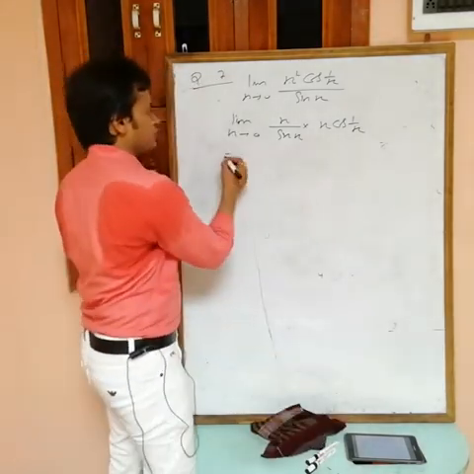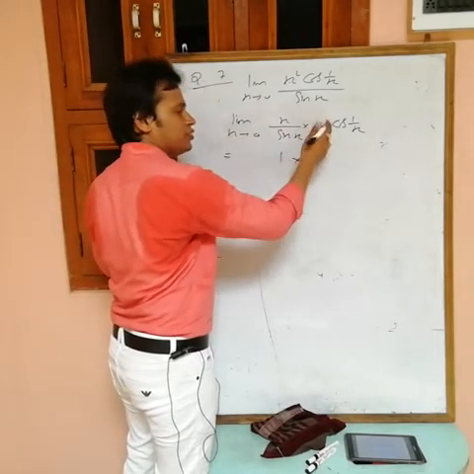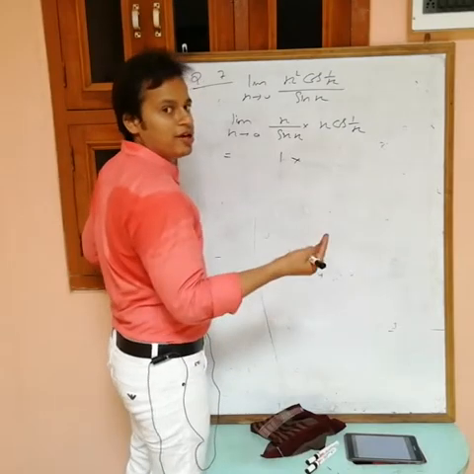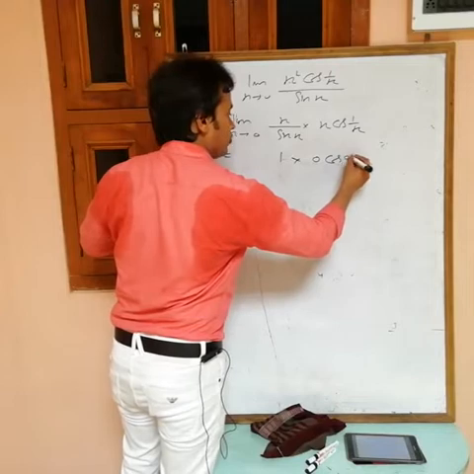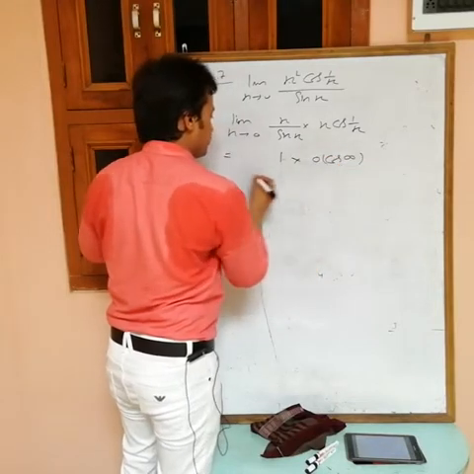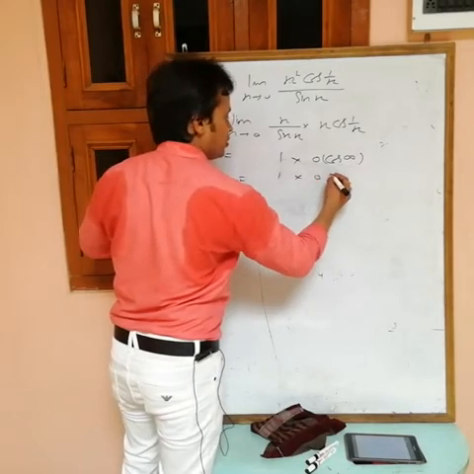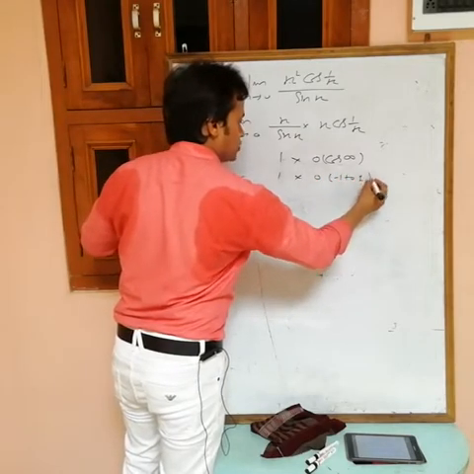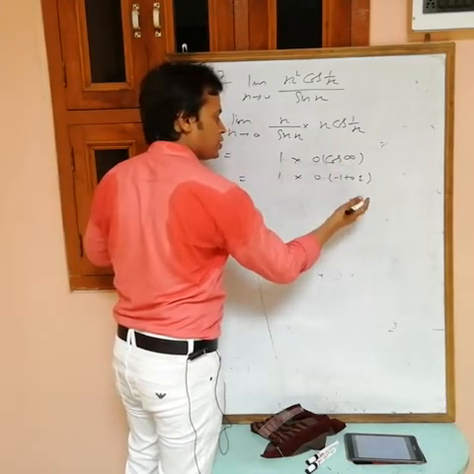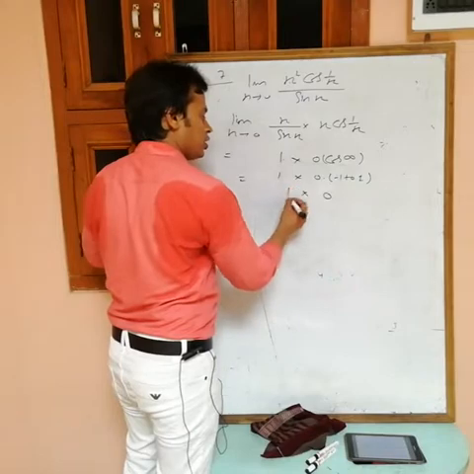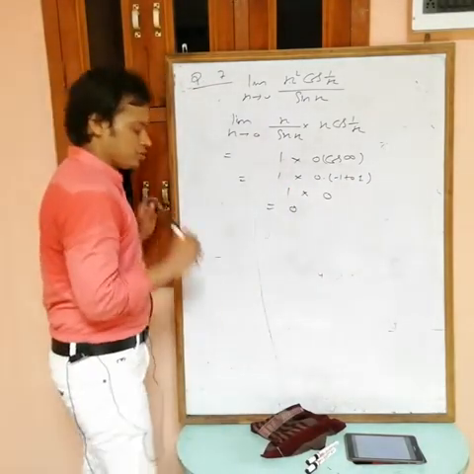So limit of this one is standard limit 1 into limit of this one, directly put x equals to 0, because directly we are getting a finite value now, so I can put, then this is 0 and this one is cos infinity. Okay, now 1 into 0 cos infinity, which is minus 1 to plus 1, any value. Multiply 0 with minus 1 to plus 1, any value, this is equal to 0, and here 1, then finally we are getting 0. Okay, so the answer is 0.